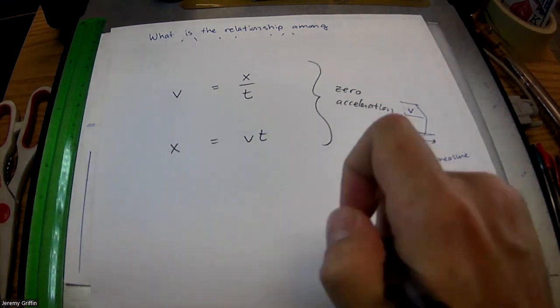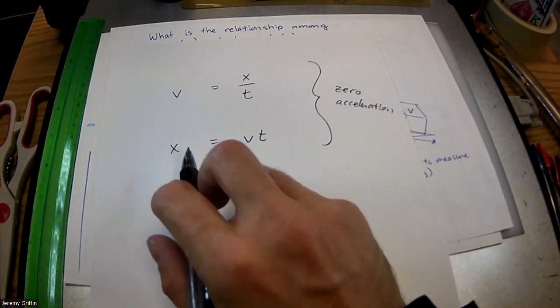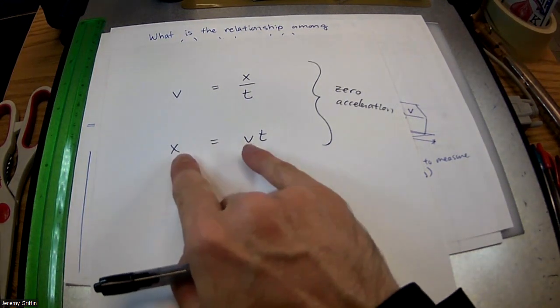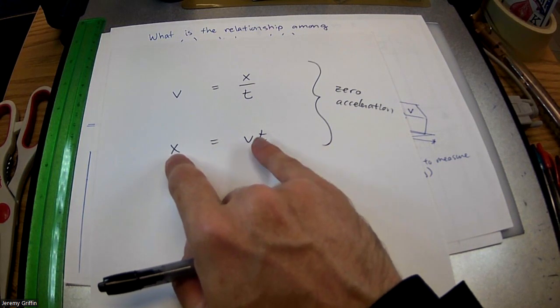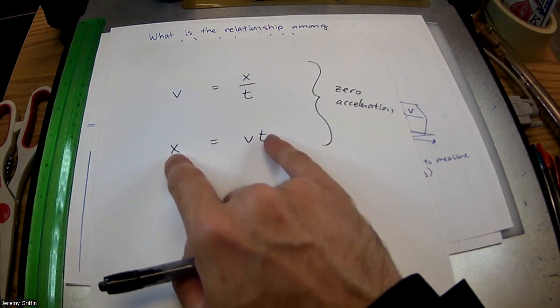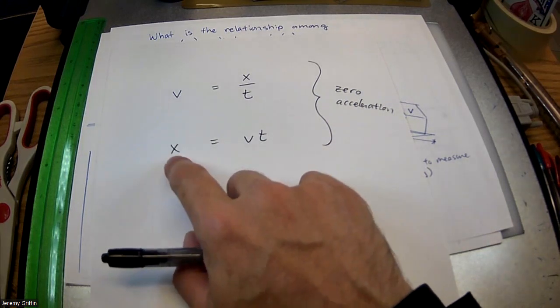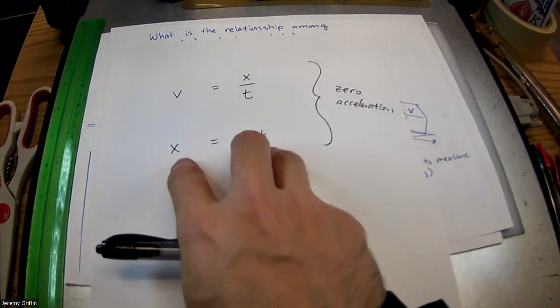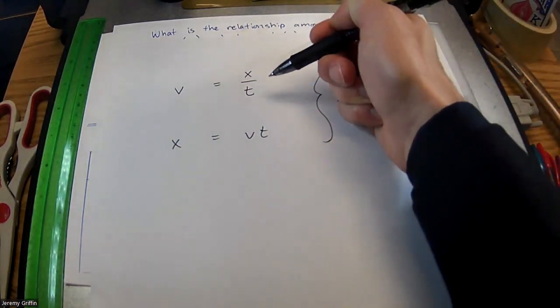Suppose that you see a sign. It says Jacksonville is 180 miles away, and you're going 60 miles an hour. 180 miles away, 60 miles an hour. How long is it going to take you to get there? Like 3 hours, right? Because 60 miles an hour times 3 hours brings you to 180 miles. So you guys got that. Or if you had some distance divided by how much time,